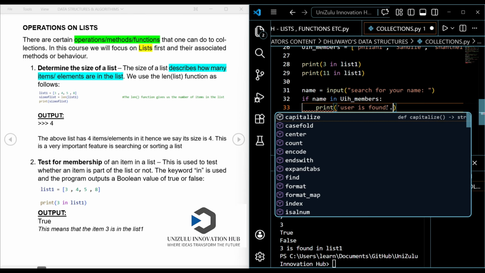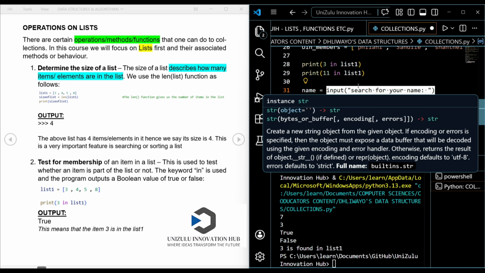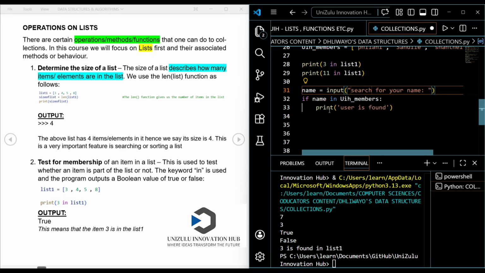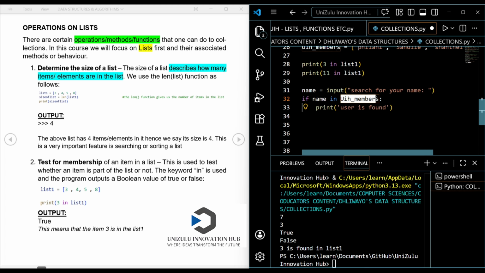Remember, guys, you can use a single quote or double quotes whenever you want to print a string. So what is this program going to do? If the name that the user puts in when they search is equal to, or is a member of UIH members, or is an item found in the list, then it's going to say user is found.